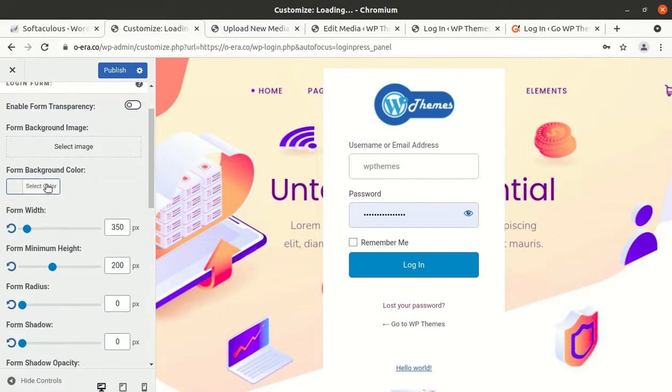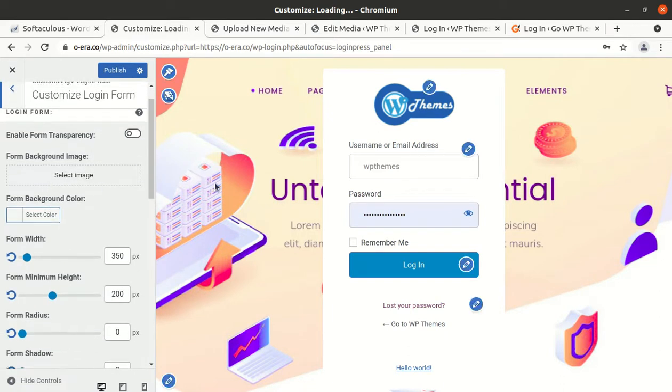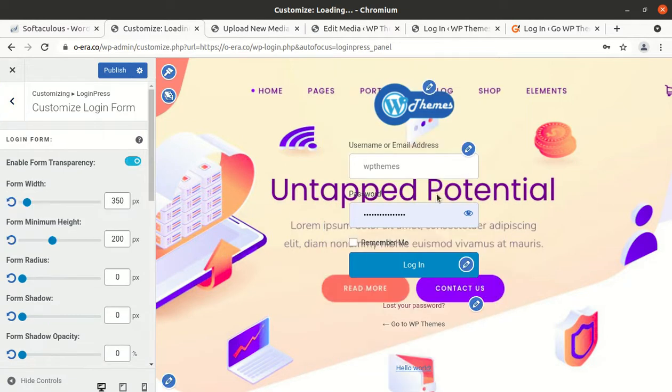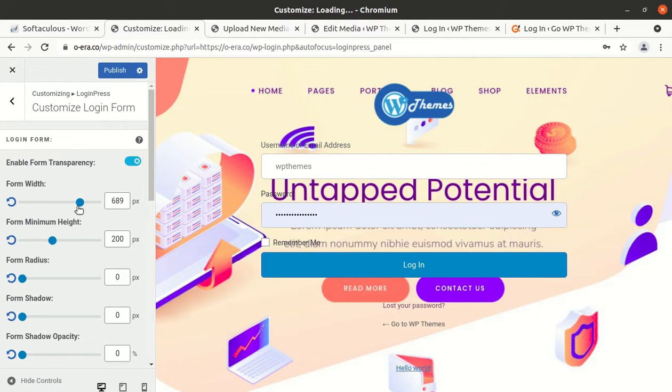And you, since we have already changed the background image and form transparency, you can enable, so form can be transparent. It is also a very great feature. If you are simply using a background that has no text, you can use this option, form transparent. And form width you can increase or decrease. It is good that you have every option,